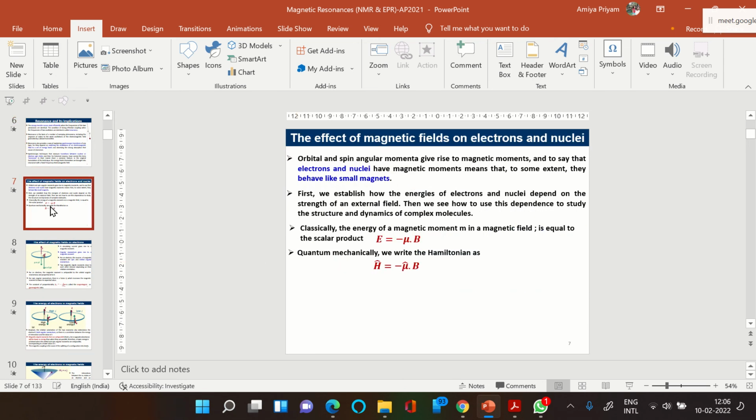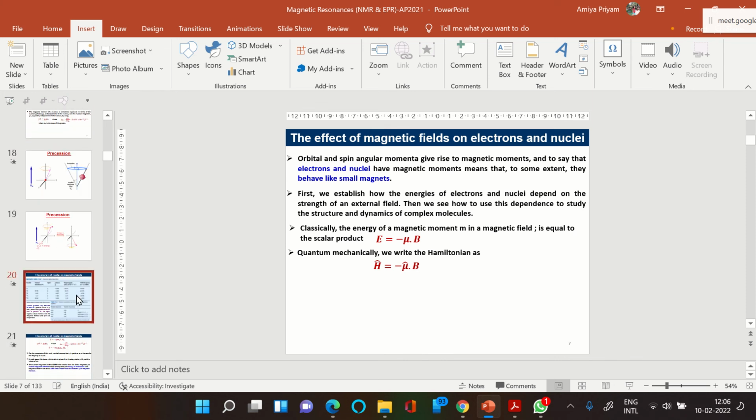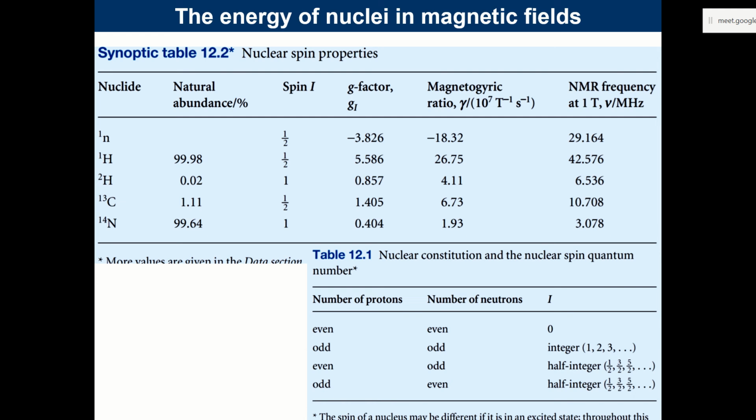Oops, where is that? Yes, this one. Sorry. So just what we are saying is that another factor that will affect your signal, a third factor rather, is the magnetogyric ratio. Look at the hydrogen: this has a magnetogyric ratio of 26.75. Look at 13C: 13C has a magnetogyric ratio of 6.73. So you can expect your